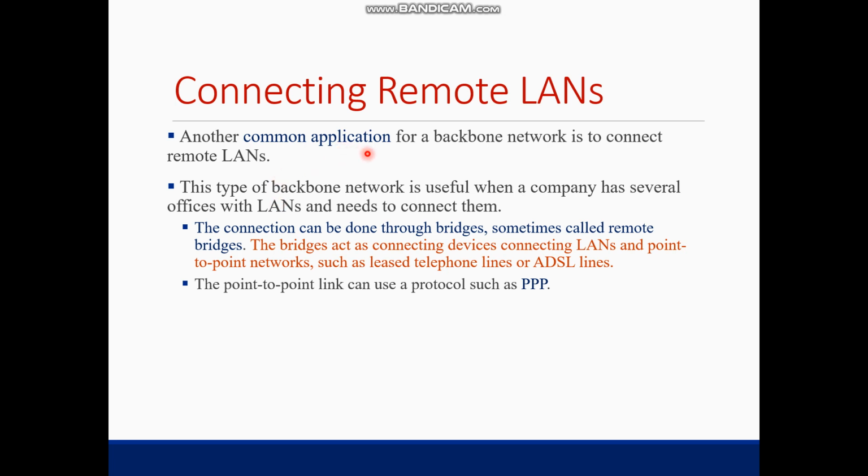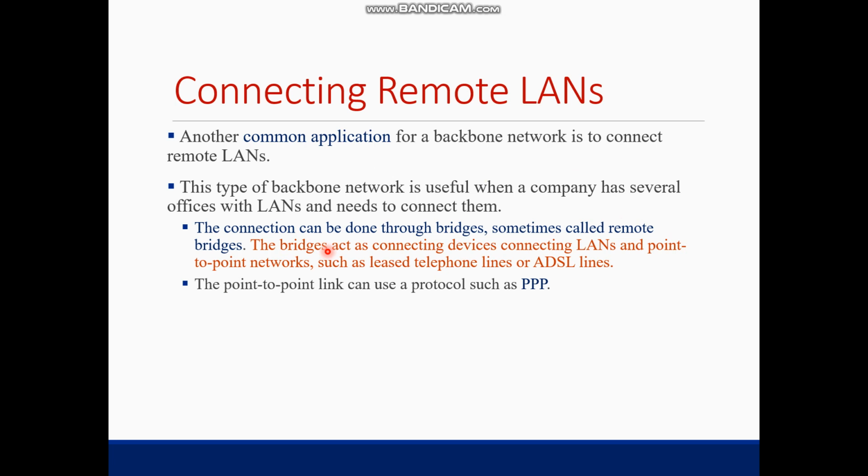So, connecting remote LANs. It is an important application of the backbone network. When you say remote LANs, that means connecting through the internet, or they are far from each other. This type of backbone is very useful when, for example, an organization or a company has several offices, each of which has its own LAN, and the company needs to connect all of them together. This connection is going to be done using a bridge. Sometimes they are called remote bridges, and this bridge acts as a communication device which connects those LANs together,